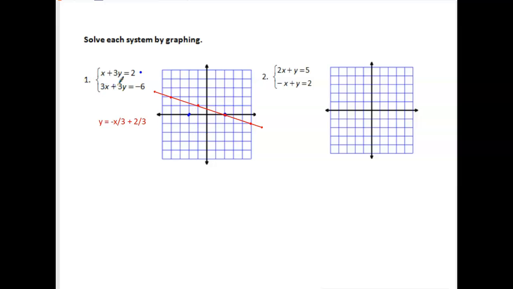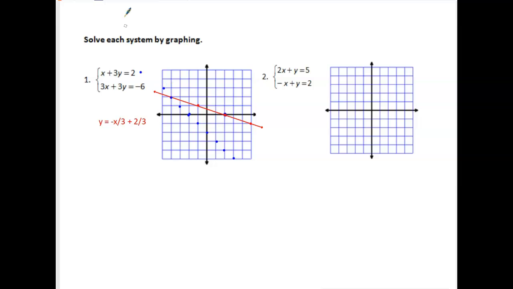And then when x is 0, you get 3y equals negative 6, so you get y equals negative 2. So my y-intercept is also negative 2, which means my slope is negative 1, which means my slopes are different,